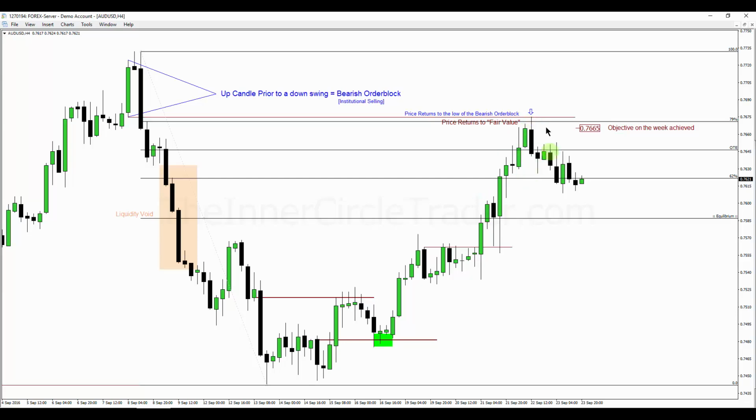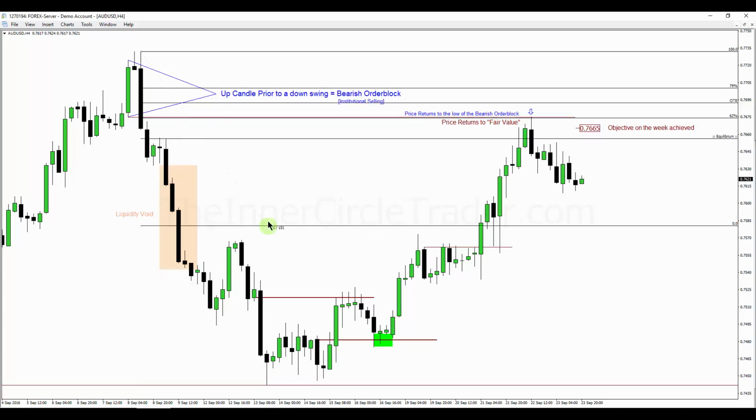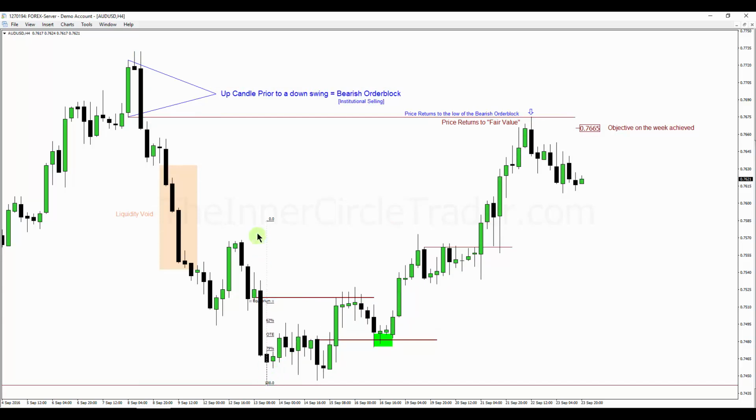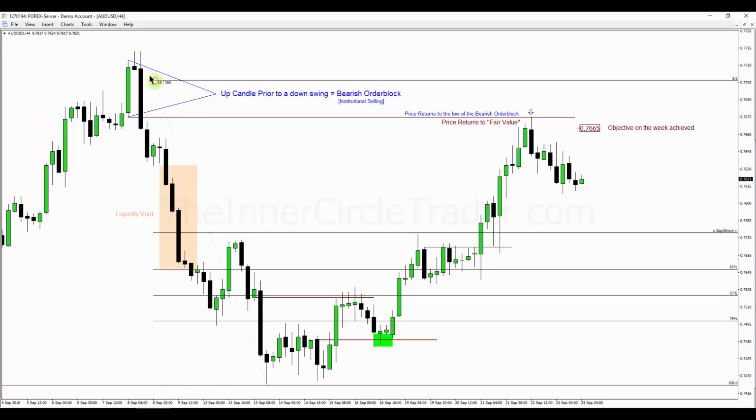So we're in premium here. We're below equilibrium here, so we're at a discount down here relative to the range. Down here, we're at discount, okay, in terms of looking at the low to high. This is where the premium's built in. If we reverse it and look at the range in opposite terms, defining it from low to high,